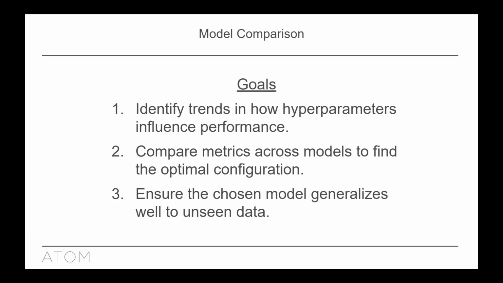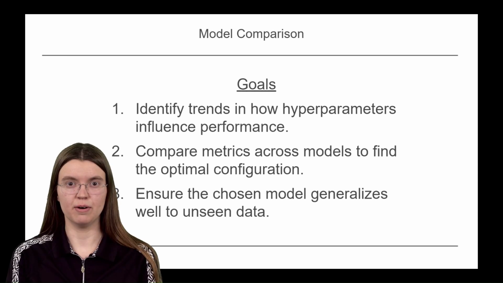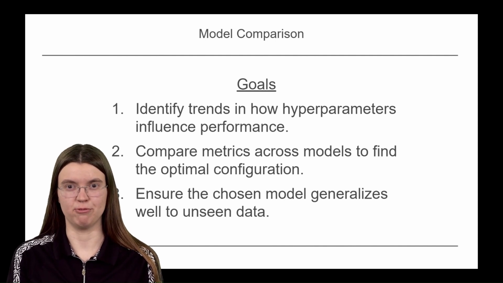The goal here is to: 1. Identify trends in how hyperparameters influence performance. 2. Compare metrics across models to find the optimal configuration. 3. Ensure the chosen model generalizes well to unseen data. We'll now explore AMPL functions to analyze these hyperparameter search results, visualize performance trends, and make informed decisions about the